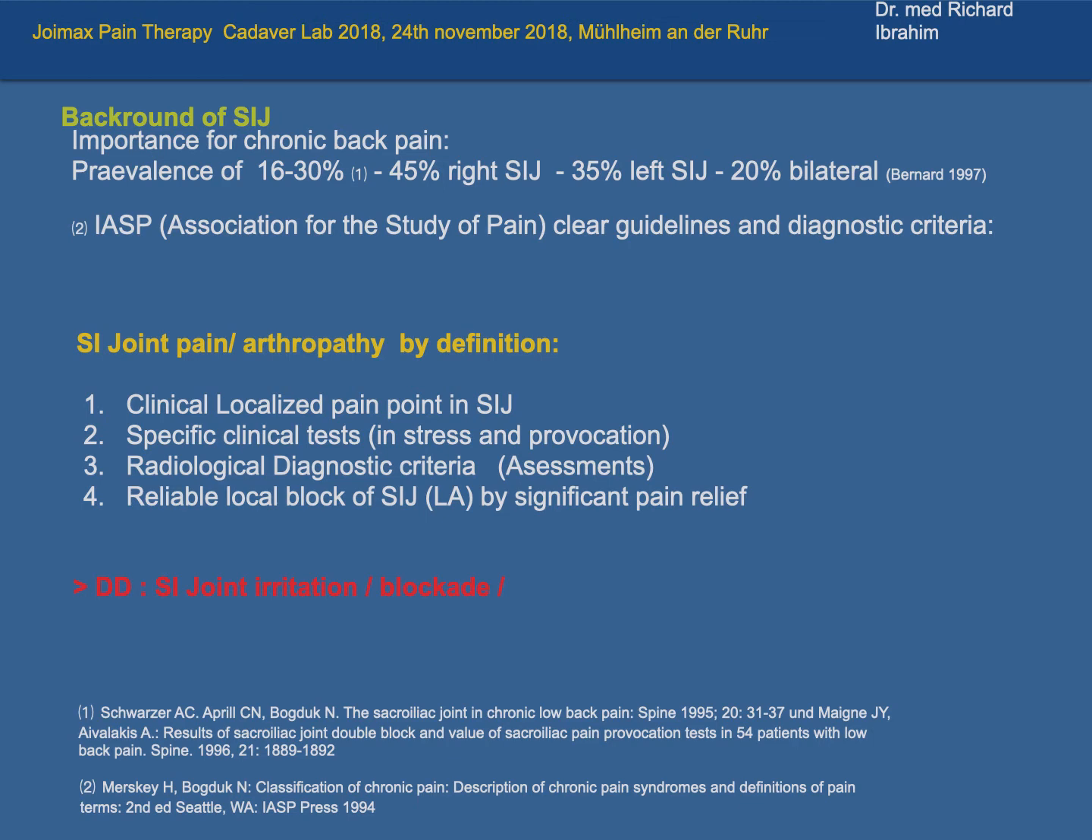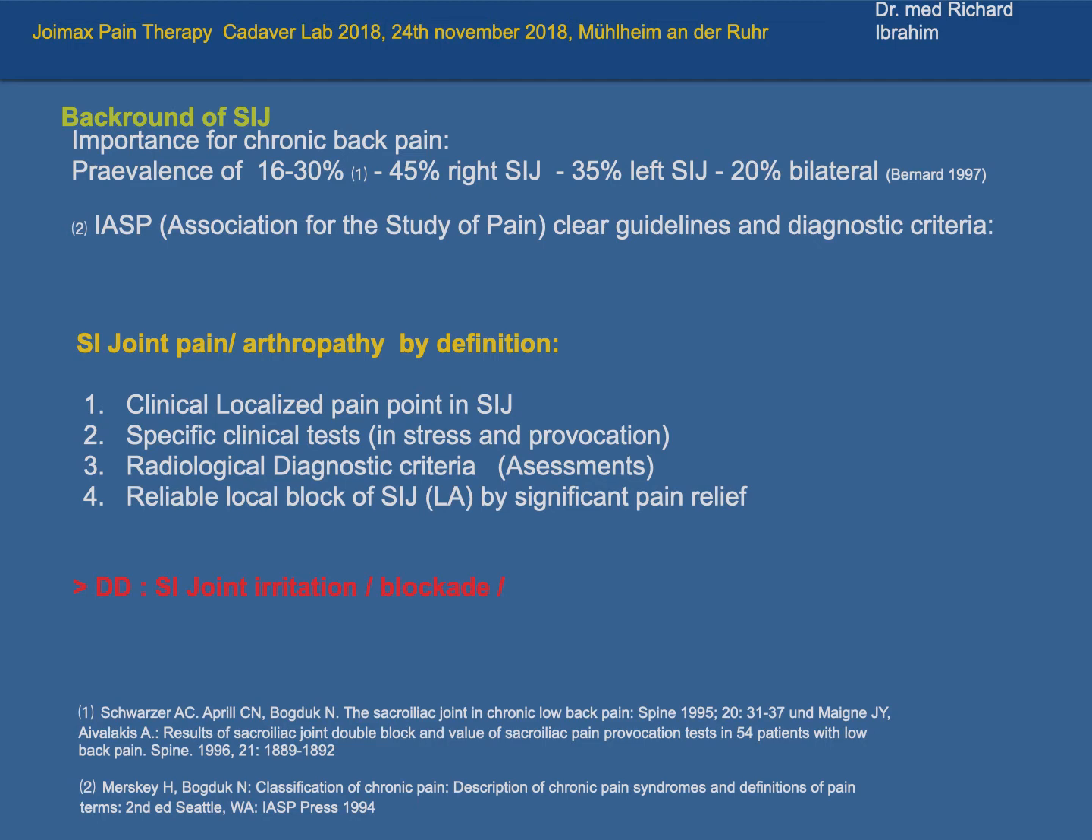First of all, the background of SI joint. You know the importance for chronic back pain. We see in Europe by now the prevalence of 16 to 30%, and you can just keep in mind for patient with virgin back, every third patient is coming to your in or outpatient service, and after surgical spondylitis and fusion with this sacral part, we have every second patient who is coming with chronic back pain in